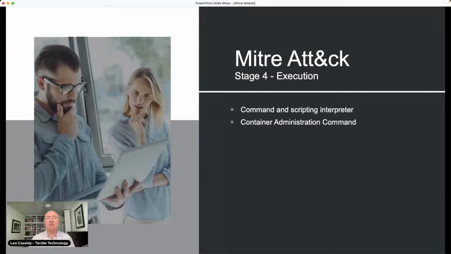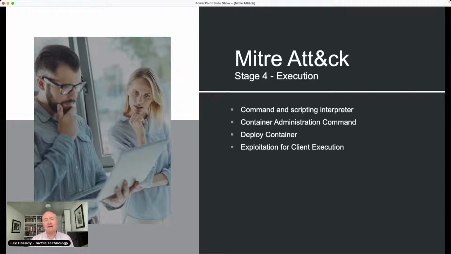But they can use this container administration piece, especially in cloud services and also in Linux workloads, to spin up a workload that they want to use. They can then deploy that container locally, so they can run it to have some kind of malware running in it. But they can also deploy it elsewhere, so they can remotely deploy that and hook into it to send information for command and control, which we're going to talk about today. They can also use